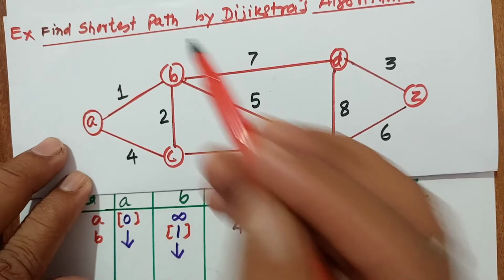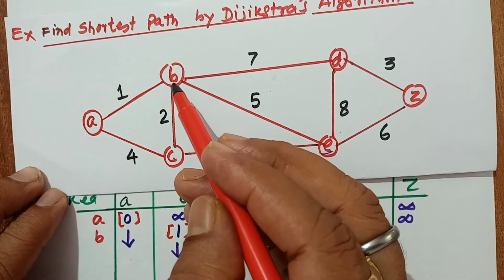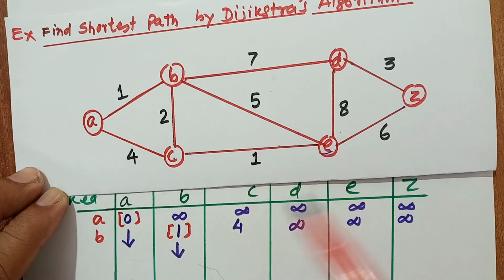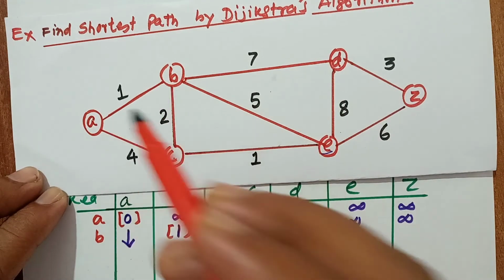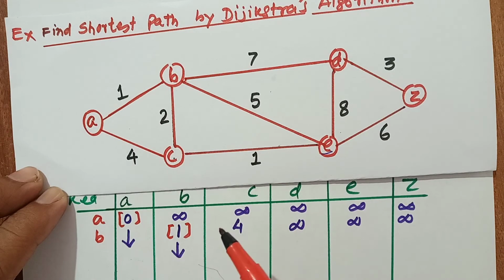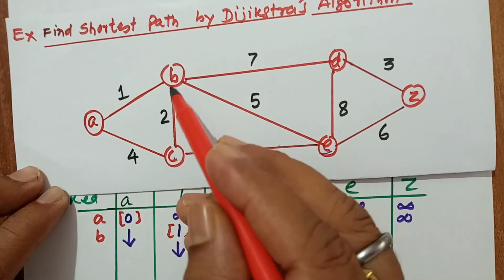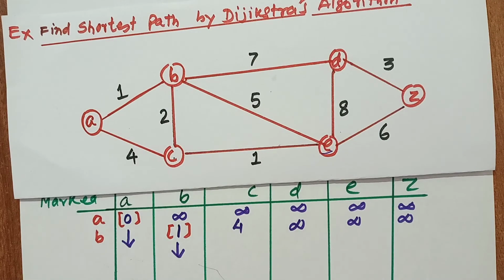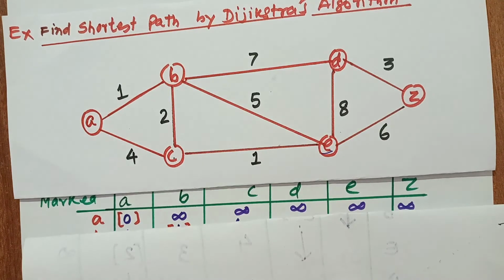Okay, so how many vertices are directly connected to B? So A, C, E and D. But A is marked, so no need. Only we will see B to C, B to D, B to E. So B to C. So what is the formula? The formula is, we will use, the formula is minimum of